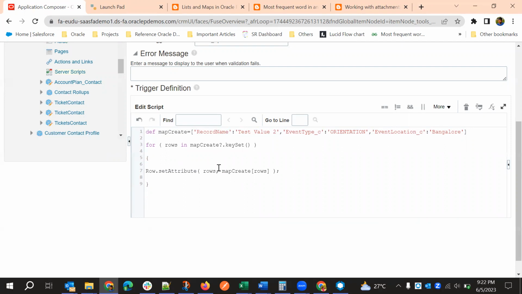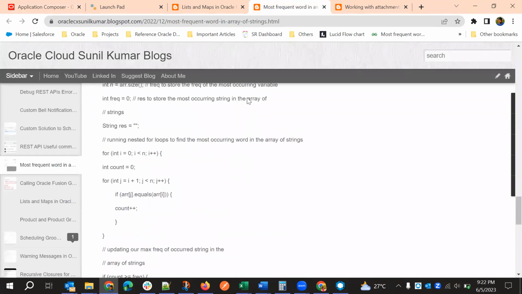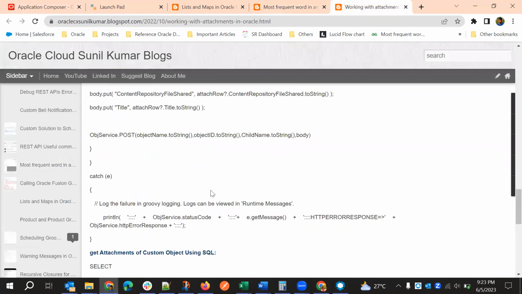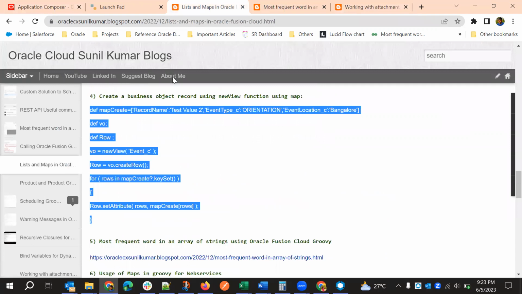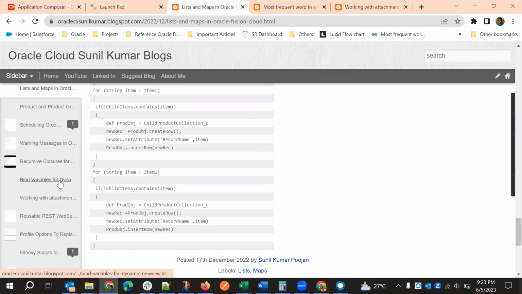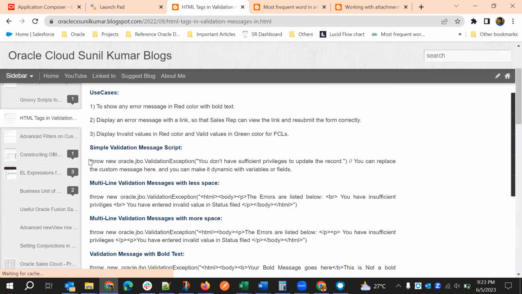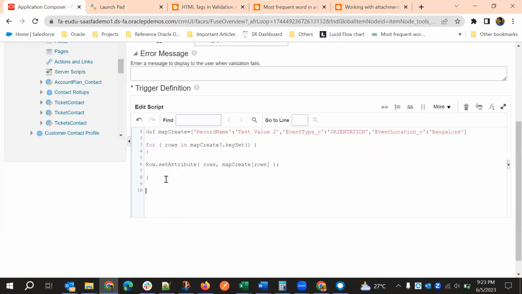The logic can depend on our scenario, but we'll print the values and then we'll see. Finally, we need to throw